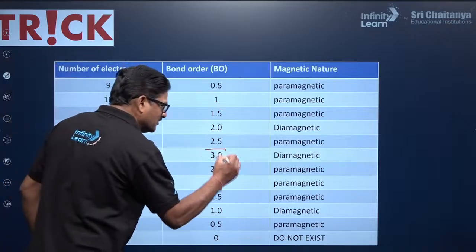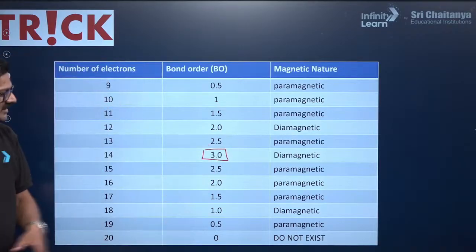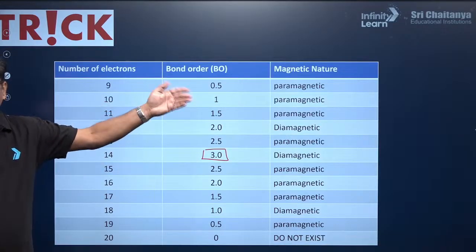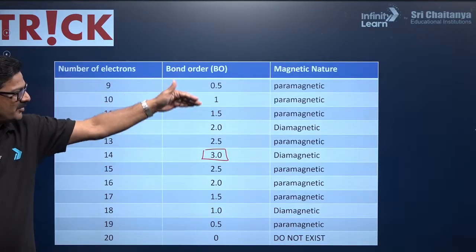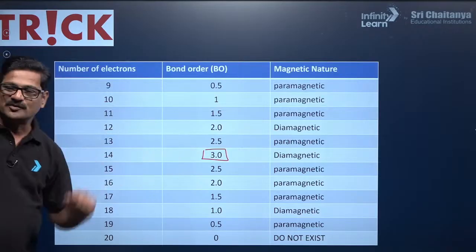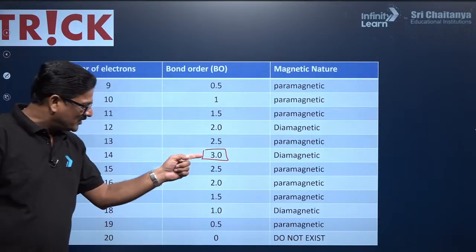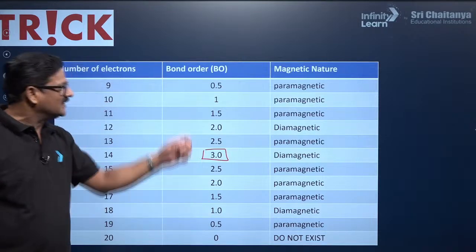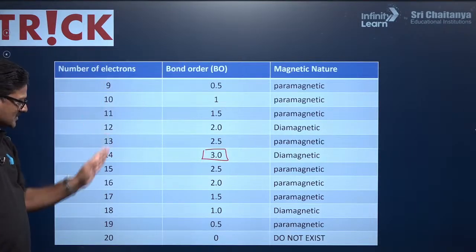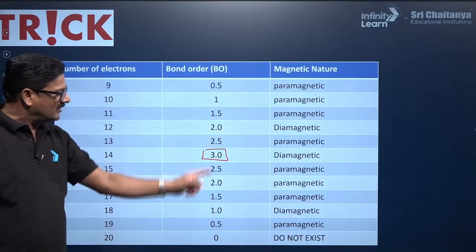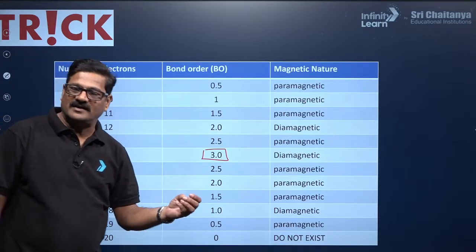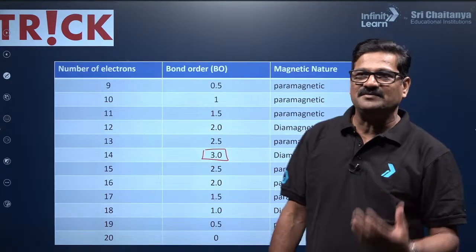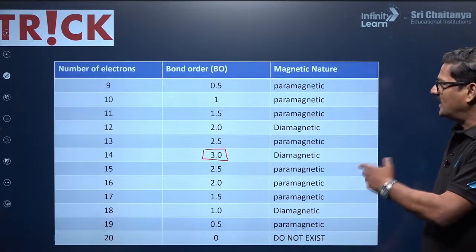Maximum it becomes 3.0. And then decrease by 0.5, 0.5. So you keep adding 0.5 until you reach 3.0, and then decrease 0.5 each time. So, the number of electrons can give you the bond order. Definitely you can write the bond order as well as the stability, bond length and everything. That can give you a direct impact.